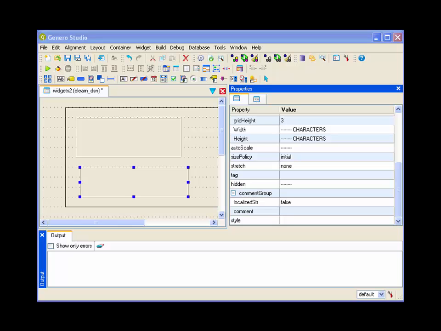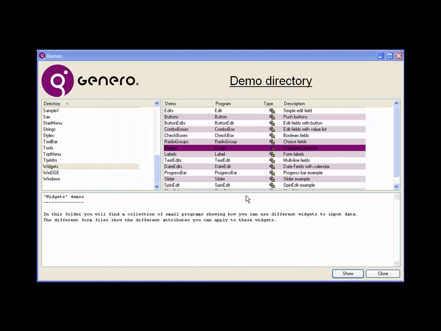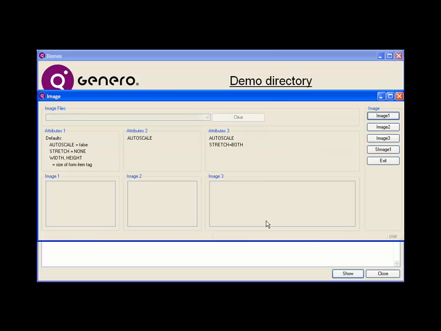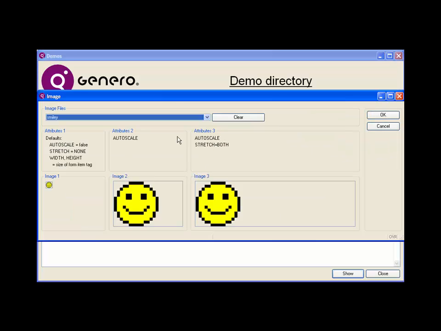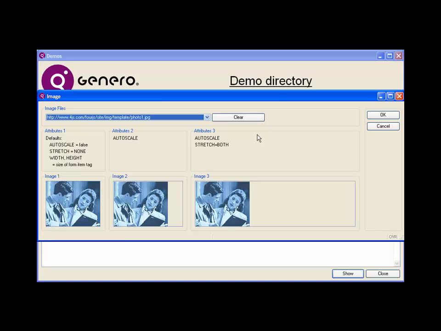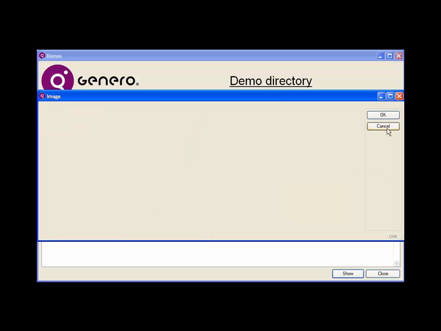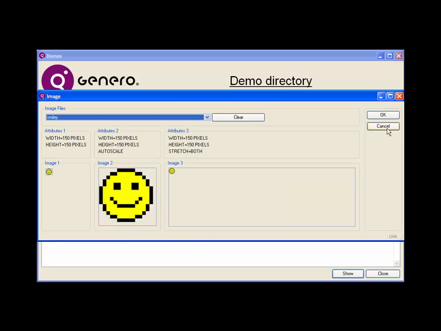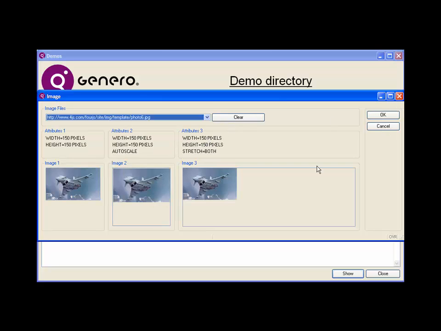Let's take a look at some examples of these properties applied to the image widget. In the images demo, we can compare and contrast some attribute settings for an example image. So here we see an image and the attributes applied and how that displays in each of the associated image widget areas. You can see the middle one here is set to auto scale, so it is sizing according to the size of the image widget area,